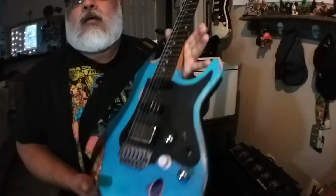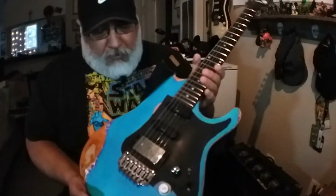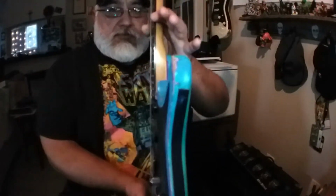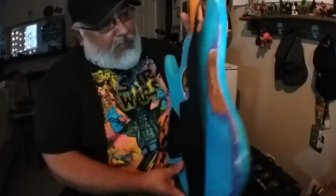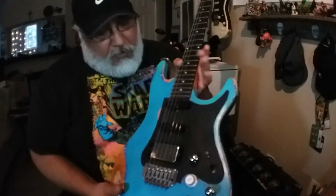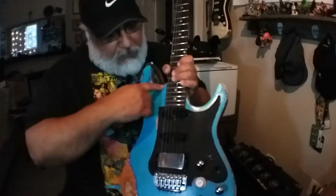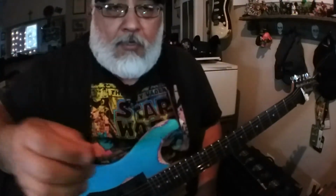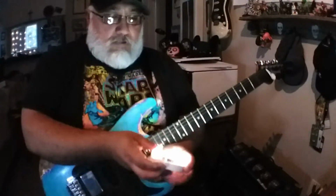I'm going to be using this guitar. Hopefully you can see this. It's actually an older Ibanez SA model, which is the thin line, or the thin body. And I actually bought this used at the thrift store, and I put this pickup in, and I made it look all weathered and beat up. But I get a lot of good compliments when I play this guitar through different setups. Now, the first setup I'm going to use, and I'll show you right here,